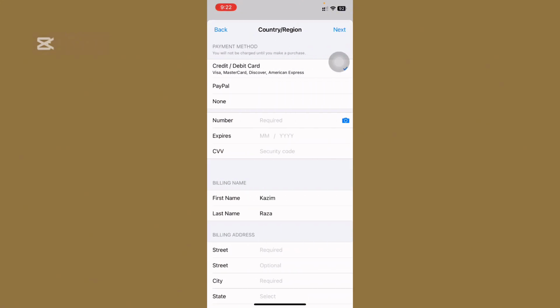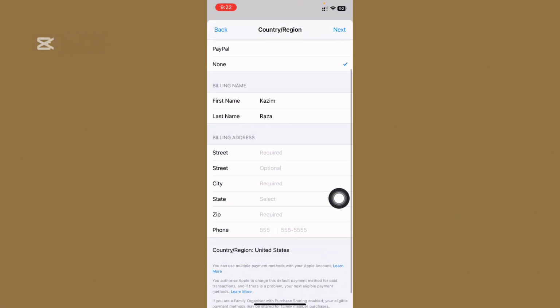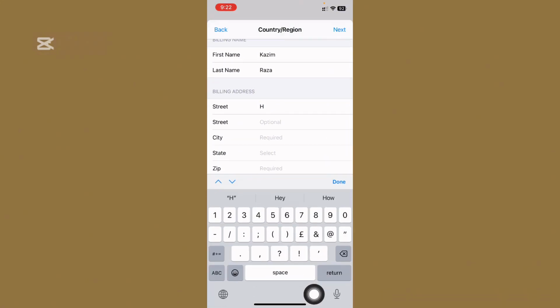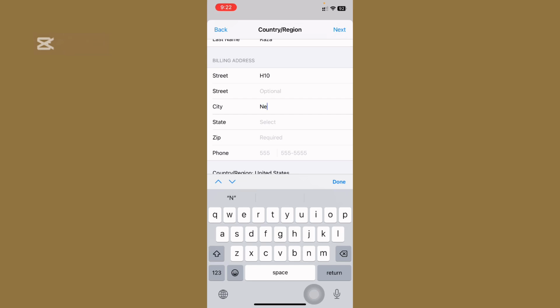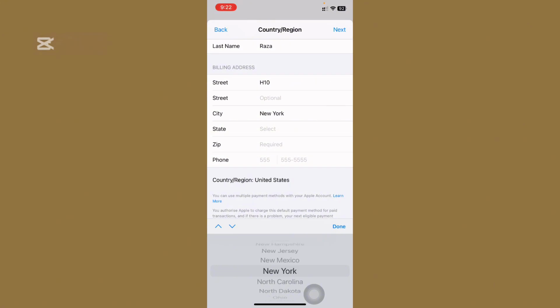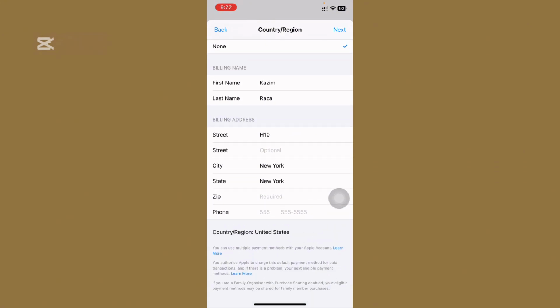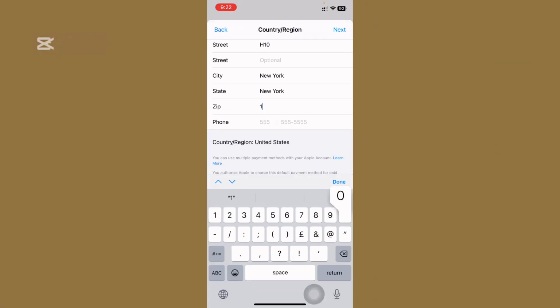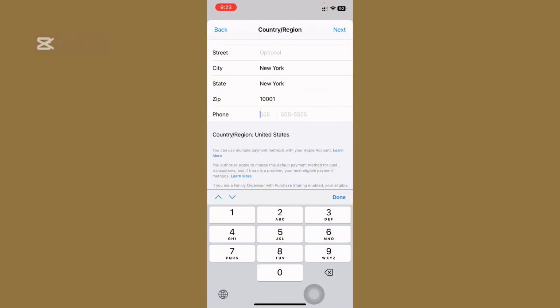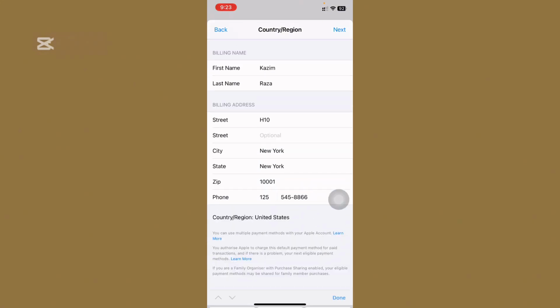So guys, as you can see, if you want to add your debit or credit card or PayPal, you can select one, and guys, if not, you have to select the none option, and here you need to enter any billing address. So for example, I have selected this one, and here you need to enter your zip code. You can enter any phone number here. So guys, after this you have to click on next,